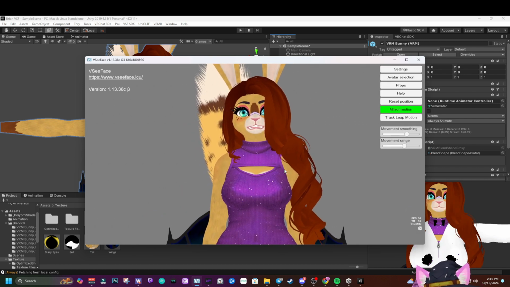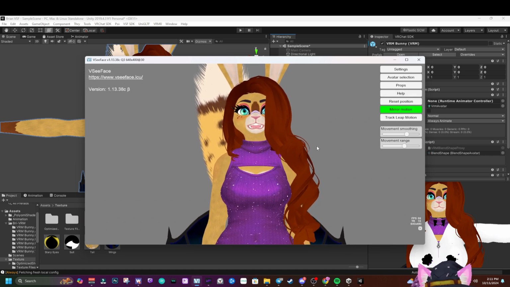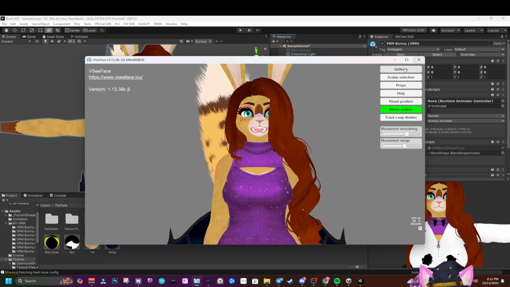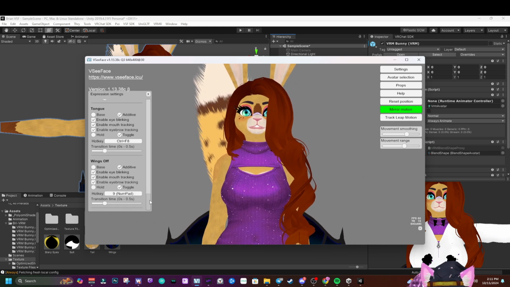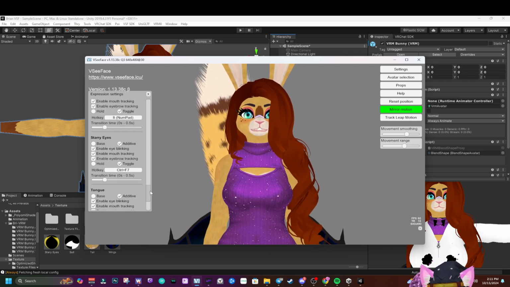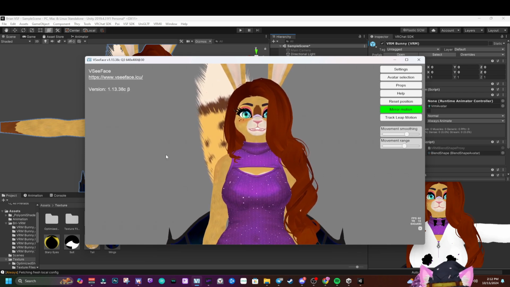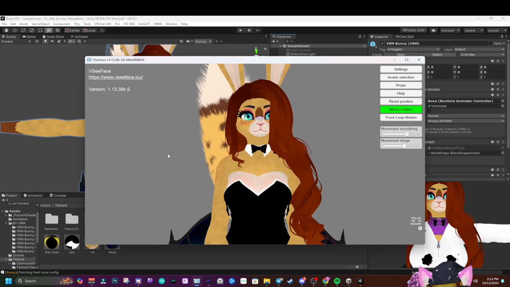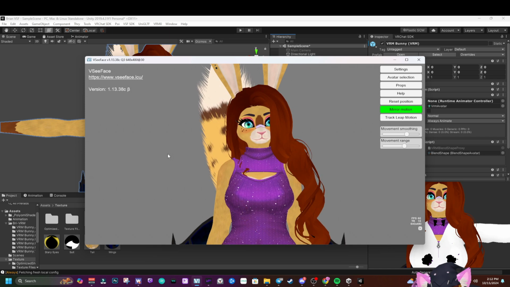Everything's already done because this is already a completed model. But just to show you how everything works, we're going to go to settings, expression settings, and that's where all this is right here. So for example, I already have all these set up to different keys, numpad 8, numbers, stuff like that. So I'm able to change clothing, I'm able to add it, I'm able to change my hair